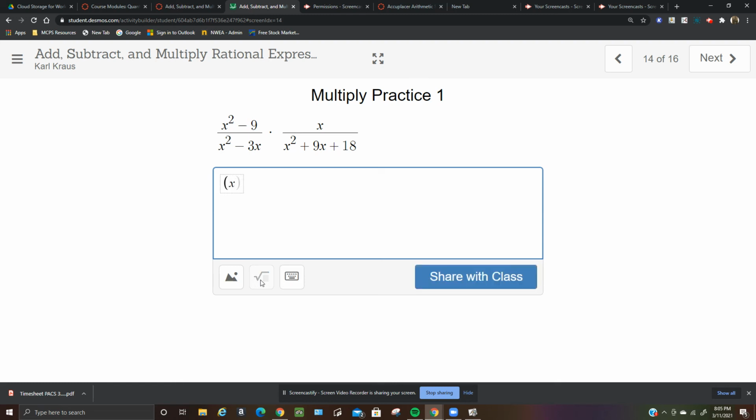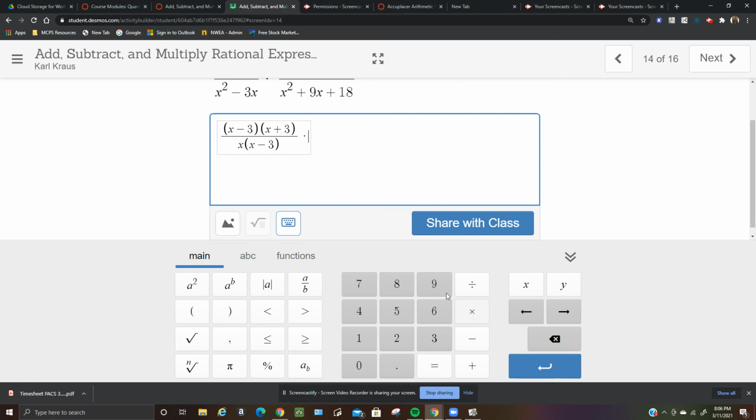The first expression is x minus 3 times x plus 3. And then factoring the denominator, x times x minus 3, and times